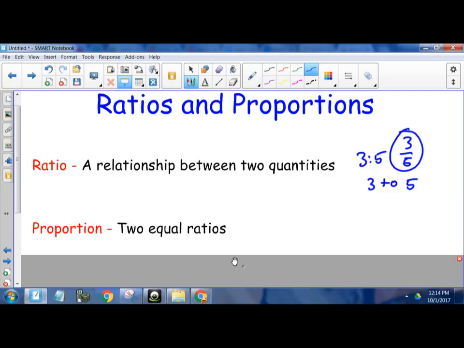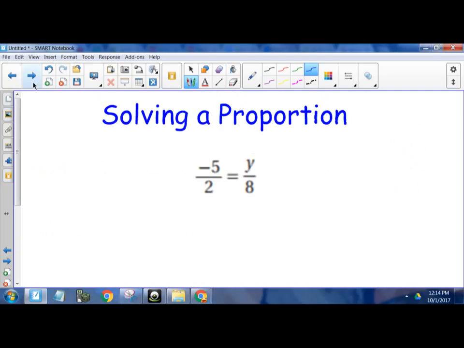And a proportion is when you have two ratios that are equal to each other. So, ratio on the left, equal sign, ratio on the right. So let's take a look at how to solve a proportion. You solve a proportion by cross-multiplying, but before we actually solve it that way, it's important to understand why that's